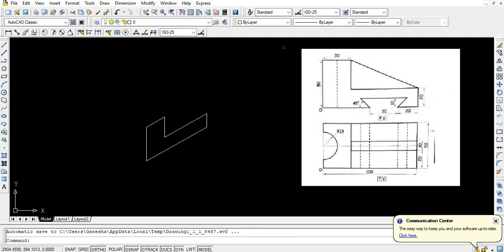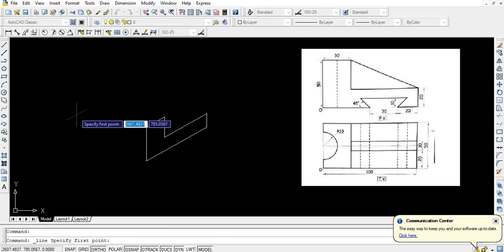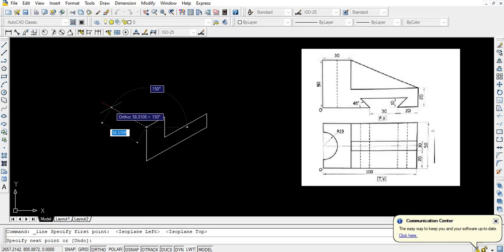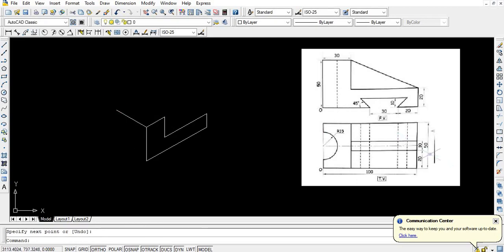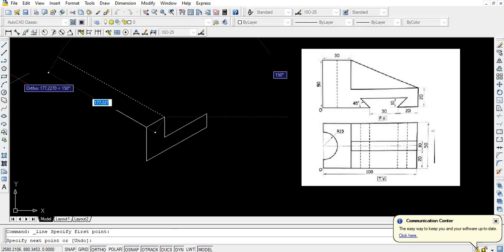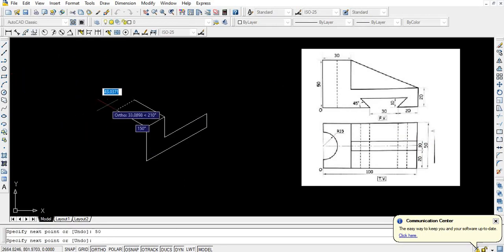So first of all we'll complete the remaining part line. Now I will draw the top view. So change the plane, left, again press F5. Now it is top. So from this point you can see in top view it is 50 mm. It is 50 mm. Okay. So again from this point it is 50 mm. Join these two end points, escape.